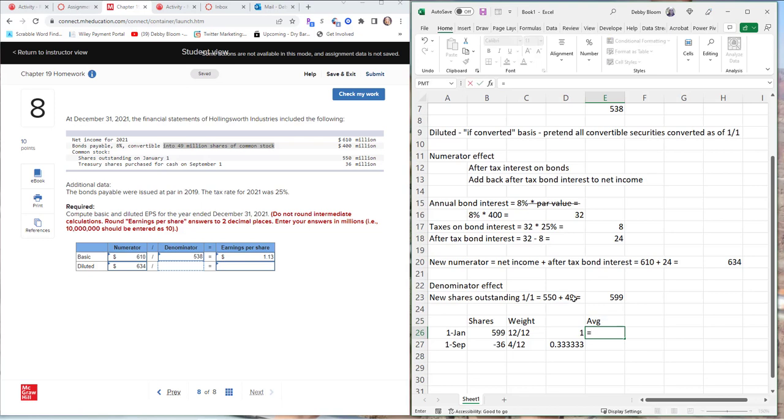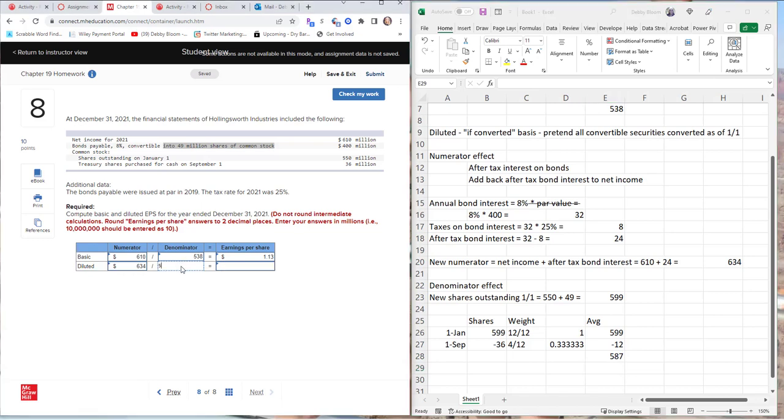So now I'm going to take my shares outstanding, 599 million. I'm going to multiply them by the weight of 1 because they were outstanding all year. The negative 36 million are only outstanding 1/3 of the year, negative 12. And the two together, my new denominator,